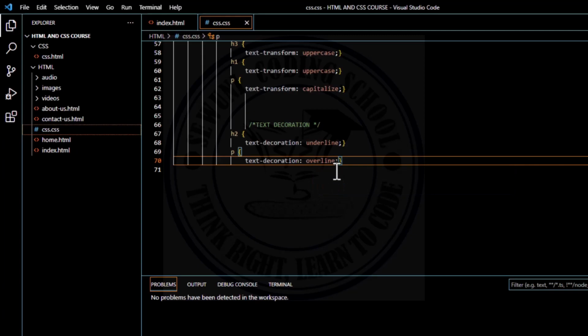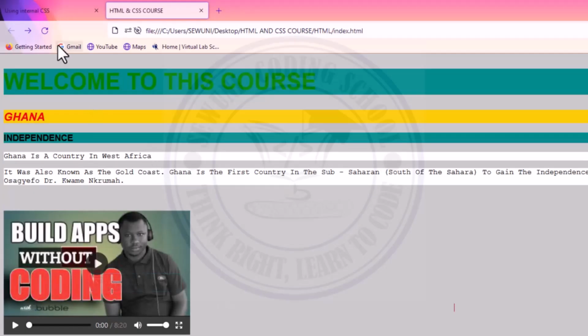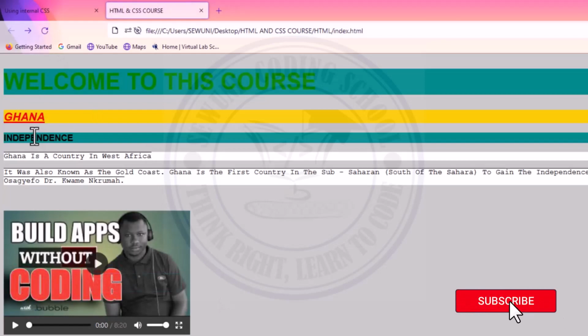Let me just save it and see how it's going to appear. So I've made this underline and I've made this overline. Okay, you can decide to make it none,